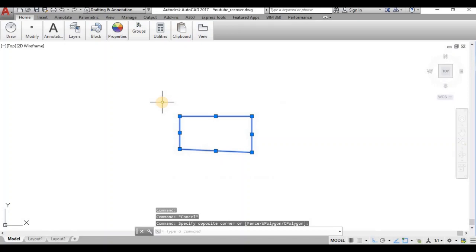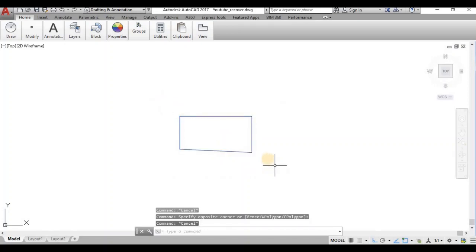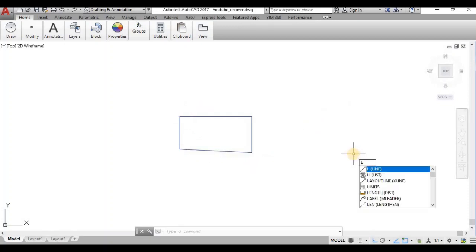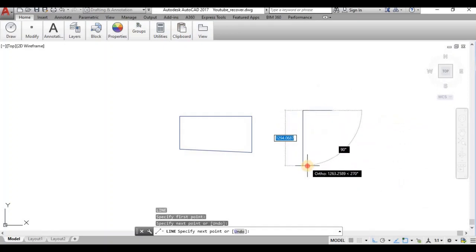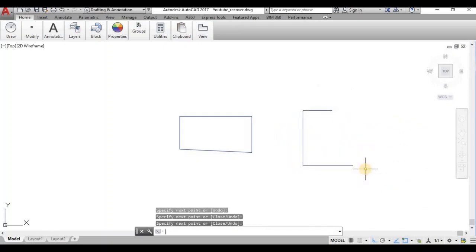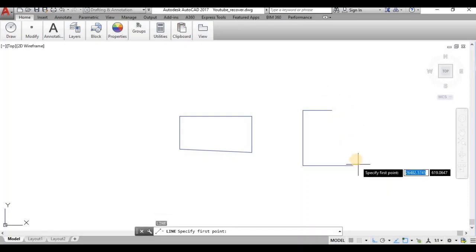In order to avoid this, we can combine this as a single form, and then we can form a single object. That is a closed object. We can use this region command for closed objects, not for open objects. That is, if it is a channel shape, we cannot use this region command, because it is not closed. When the object is closed, we can use this region command.